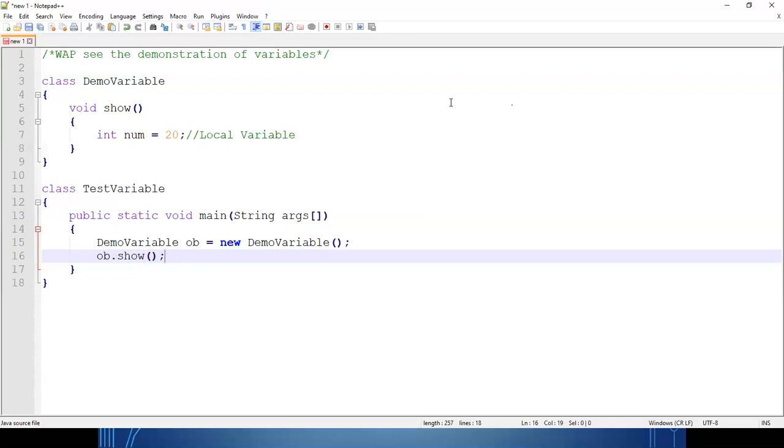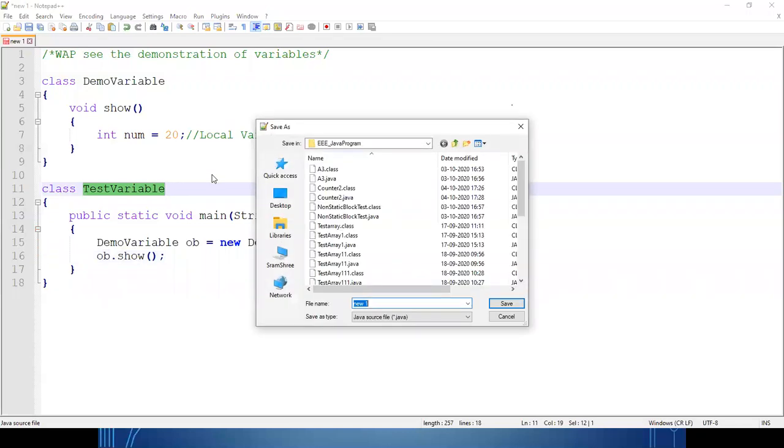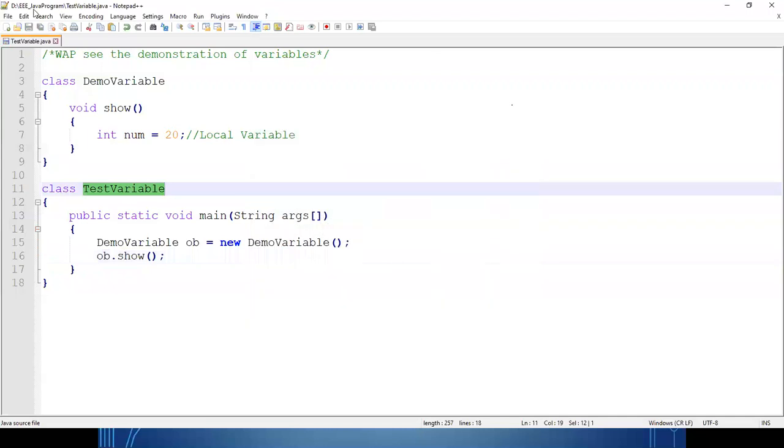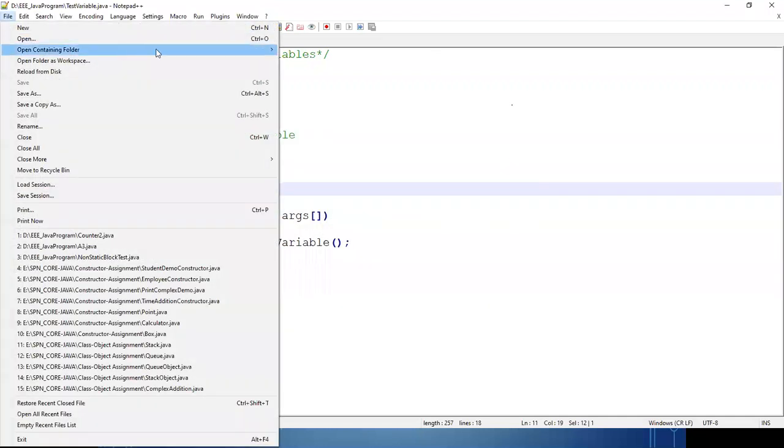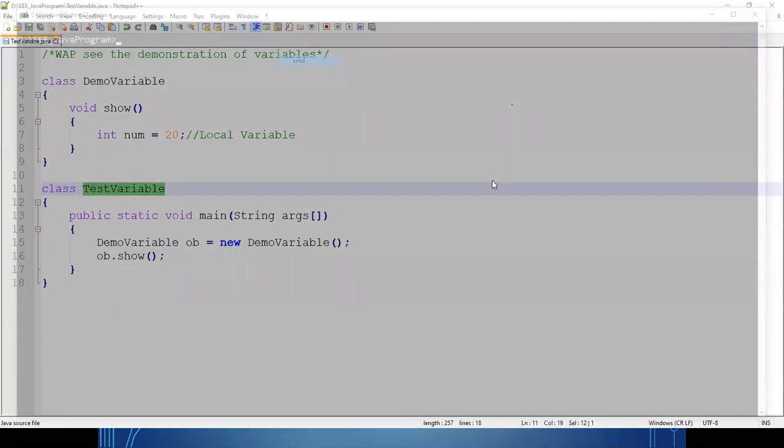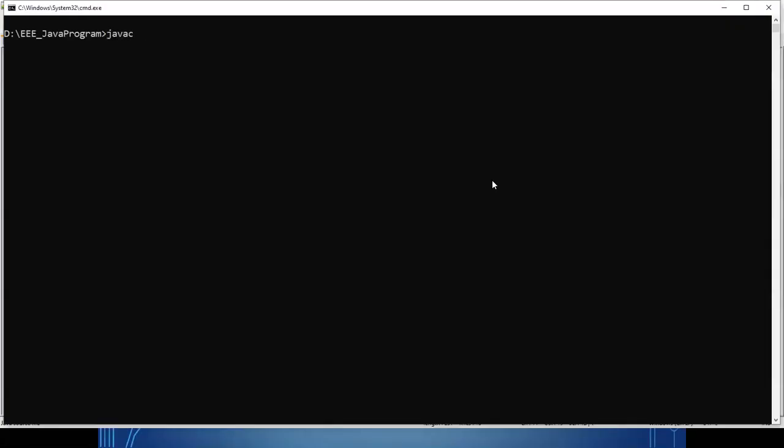Now let's save the file and go to the command prompt. Compilation done.